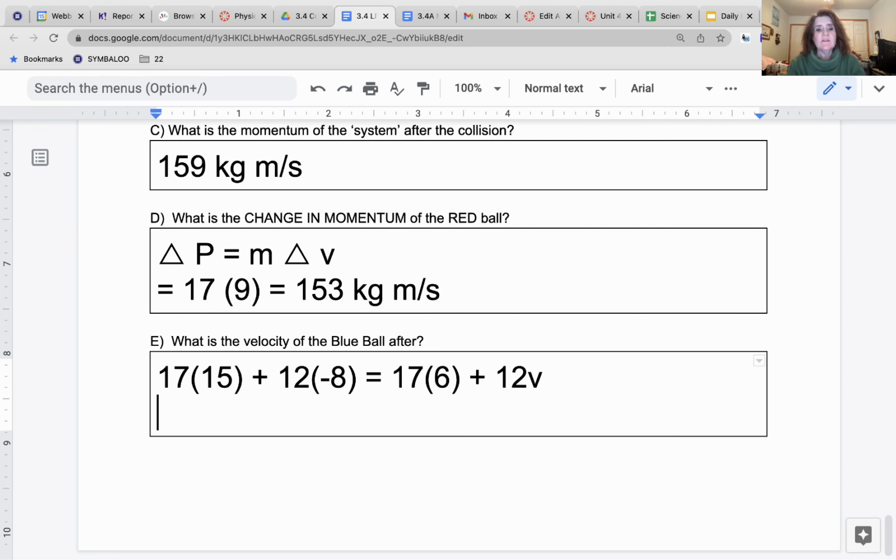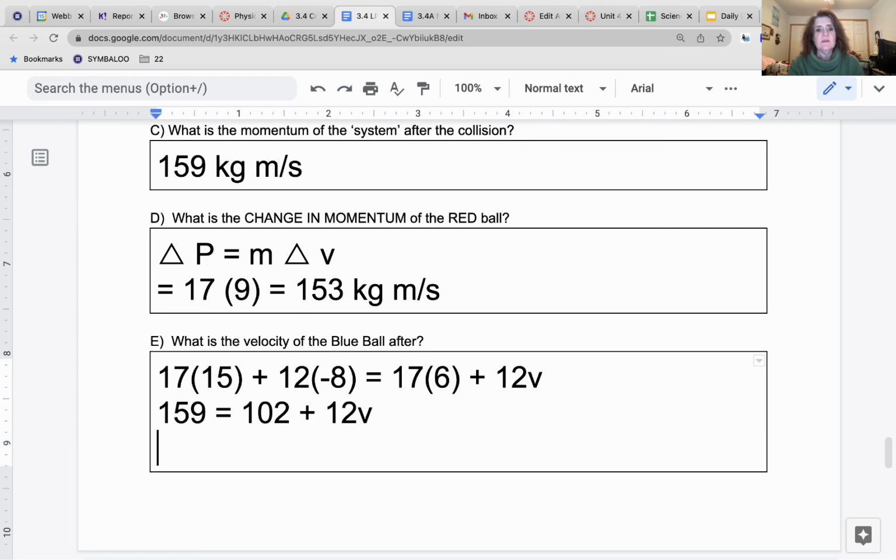And solving that equation, we get 159 is equal to 102 plus 12v. Subtract and divide. We should get a velocity of the blue ball to be